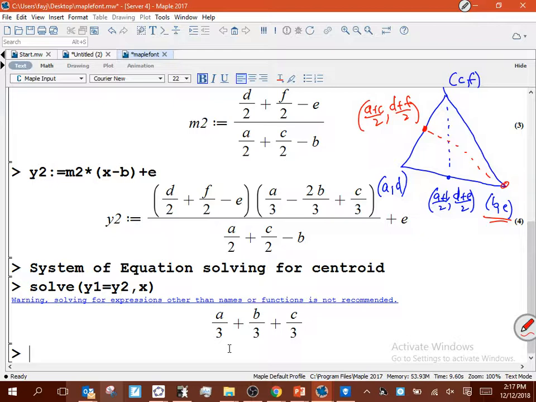So it does all the combining like terms, it does all the FOILing, moving everything over to one side, and solves for x. And it gives me A plus B plus C over 3. A plus B plus C over 3. Well, look at what A, B, and C were, right? A